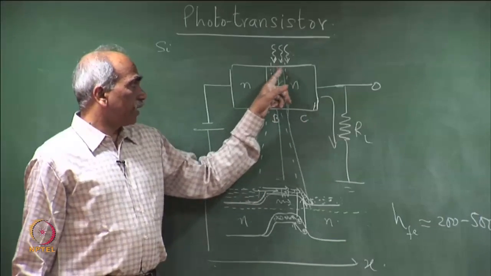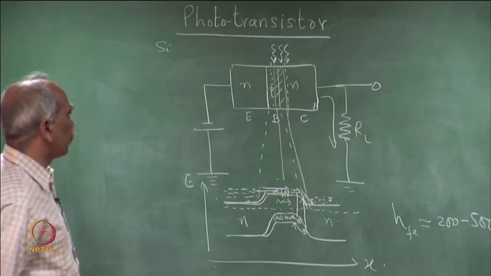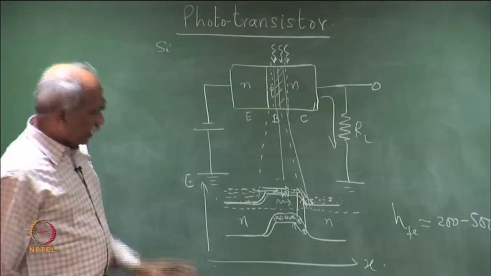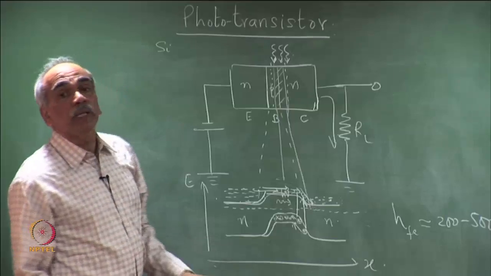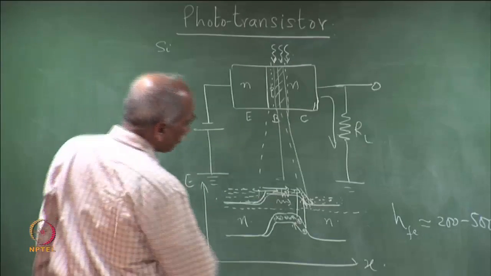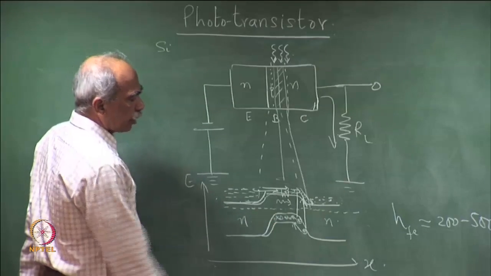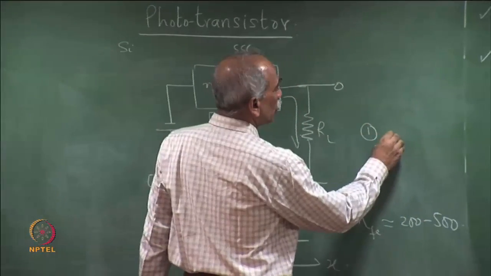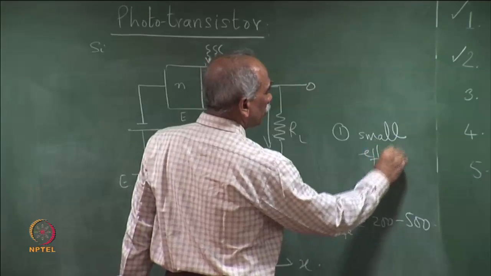So, it is a small area photodetector and it is normally required to focus the incident light onto the junction. Secondly, it is a relatively slow device compared to PIN diodes. Reverse biased PIN diodes are very fast, because there is accumulation of charge in the base region. So, these are the two demerits. One is small active area, small effective area,